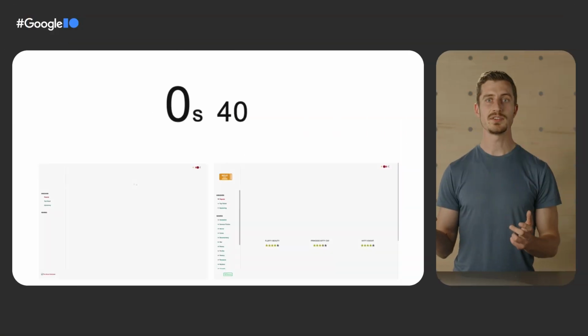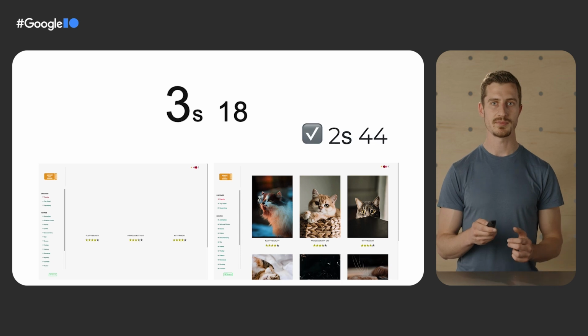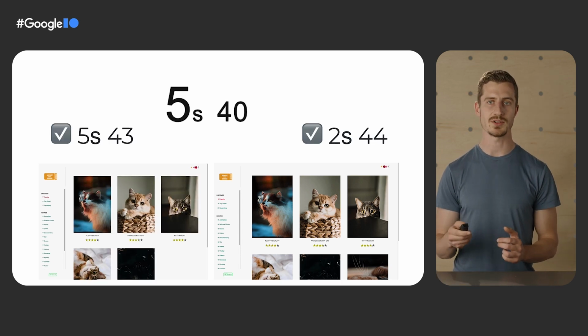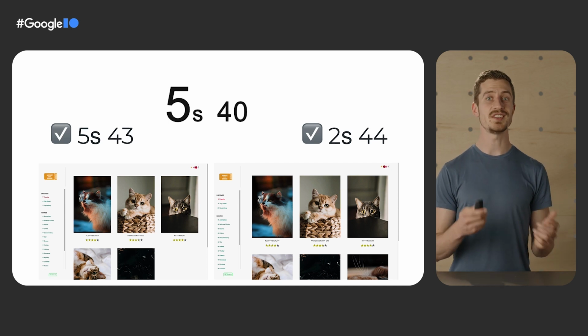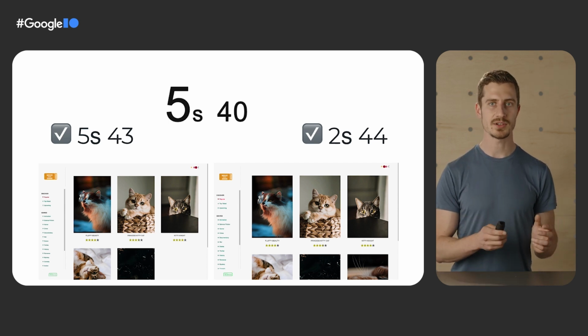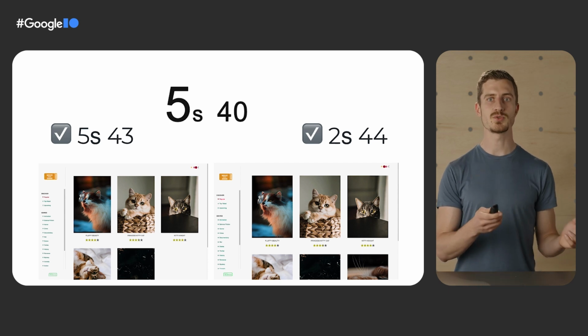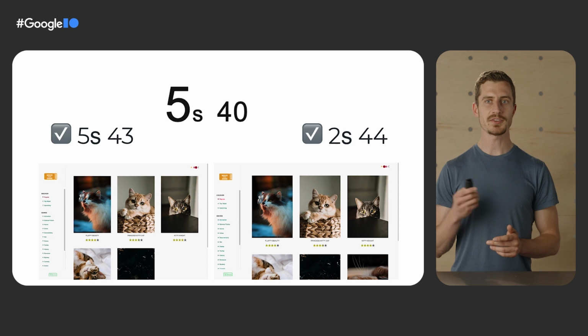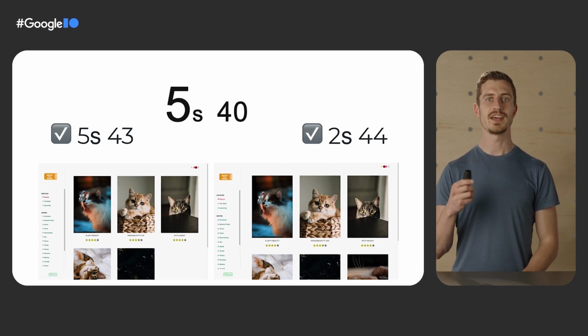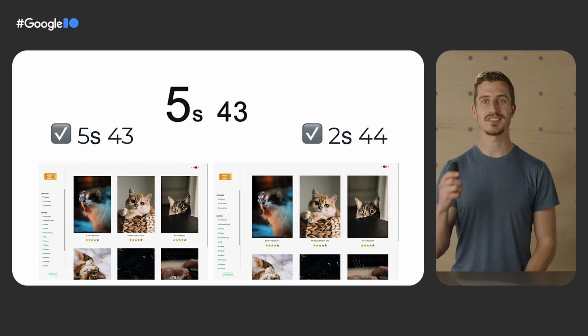Now let us compare the original client-side rendering application with the latest deployment that uses hybrid rendering. On the left side, you can see the client-side rendered application. And on the right side, you can see the pre-rendered application. Both are delivered from a CDN, but the client-side rendered application needs to load JavaScript before it can show any content to the user. Notice how the pre-rendered app loads and renders in half of the time needed for the client-side rendered alternative. Selecting the correct rendering strategy can have a significant impact on your application's performance.